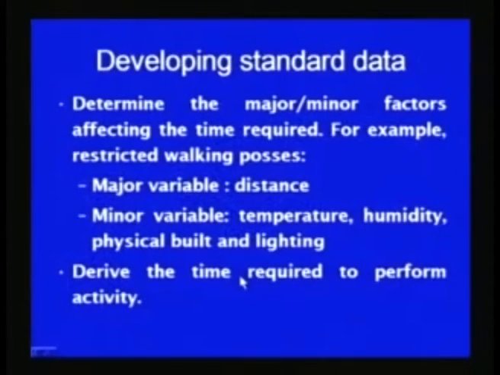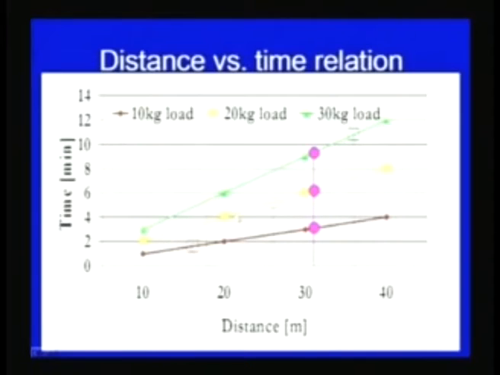Therefore, if we have the time values for the different distances to be covered, then we can derive the time required for a particular distance while doing a particular job. For example, here one person is carrying different weights of 10 kg, 20 kg and 30 kg, and he is covering distances of say 10, 20, 30 and 40 meters. So, the time required for covering the distances of 10 meter, 20 meter, 30 and 40 meter with the 10 kg load can be seen with this red